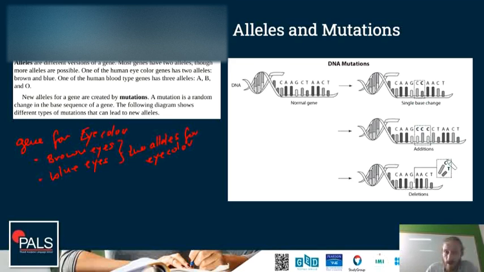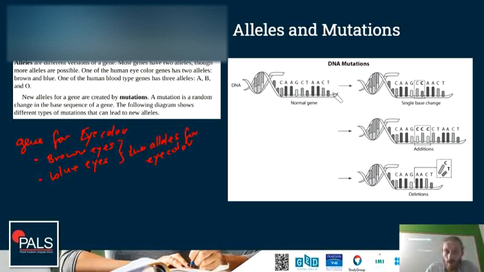advantage to an individual. If a mutation occurs and it is a new allele that can be inherited or passed on to the offspring, then this mutation has to be in the sex cells, in the gametes, the egg or sperm cells. If it just happens in a random body cell, then the individual will have that new allele, but it's not able to pass it on to the next generation.